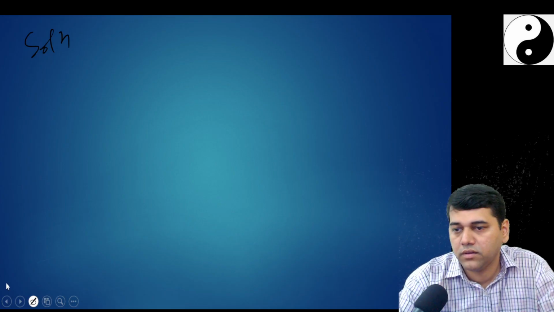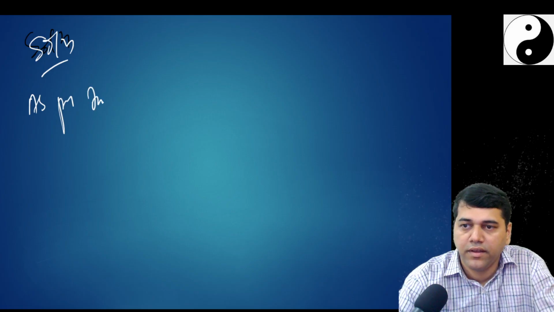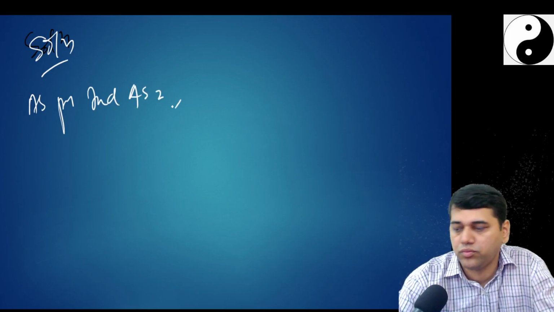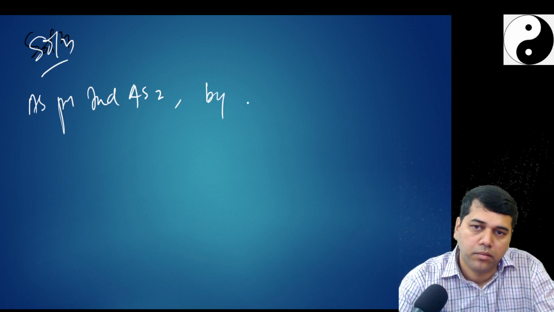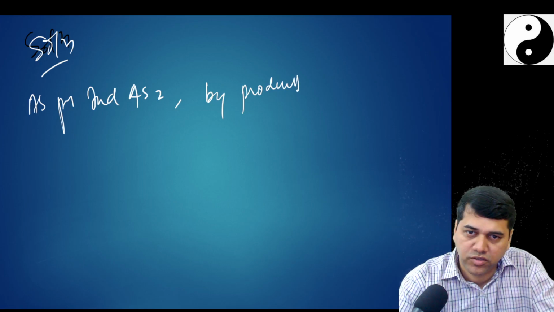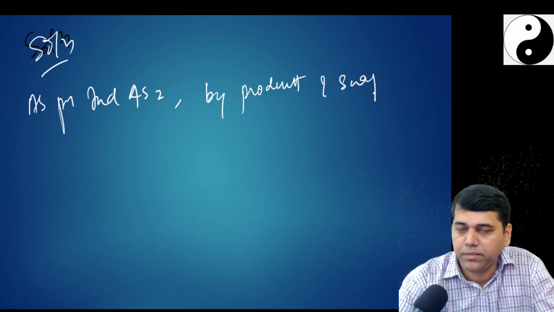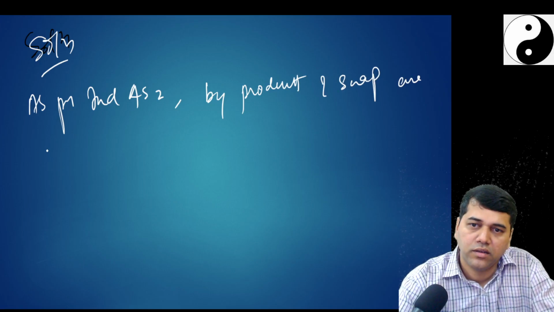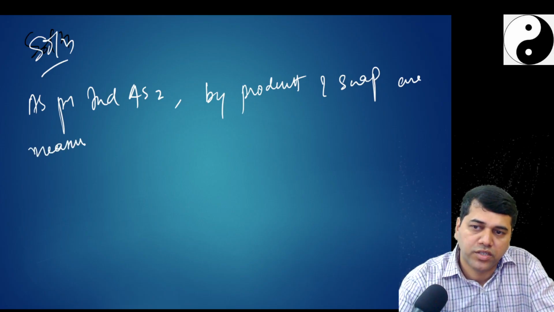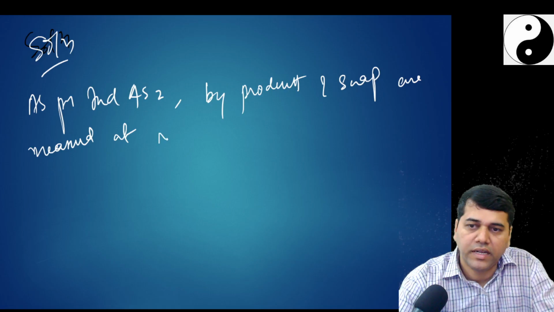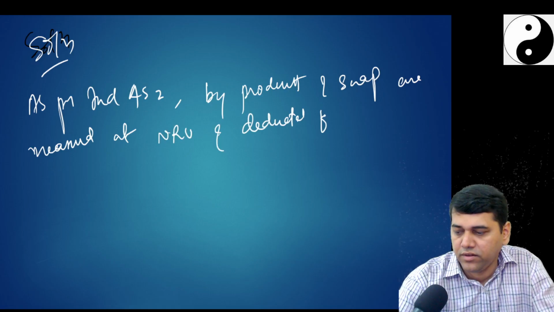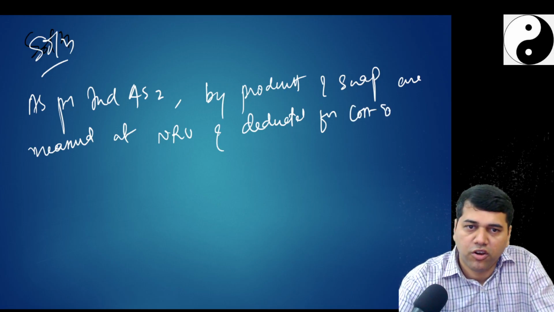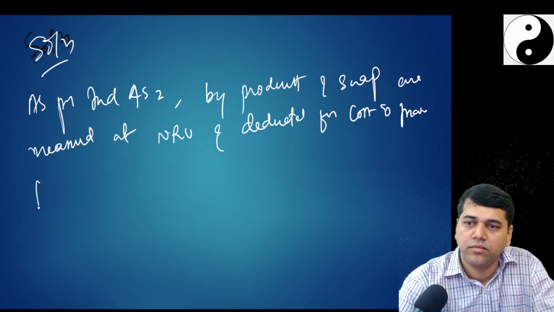Solution. As per Ind AS 2, byproducts and scrap are measured at NRV and deducted from cost of main product